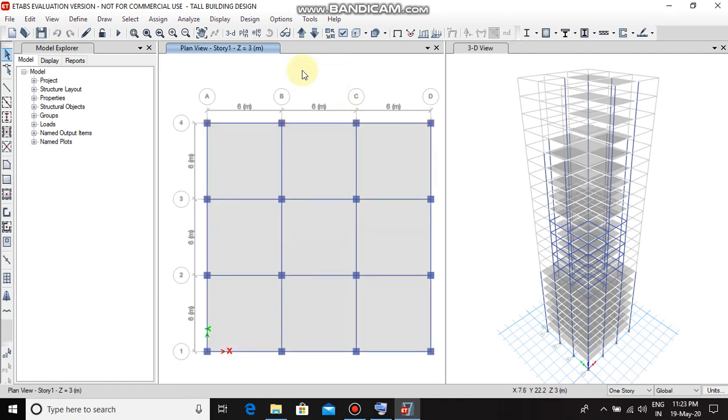Now we have to give the load. As the dead load is same on all the story, so select all story option from the right hand corner. Go to story 1.